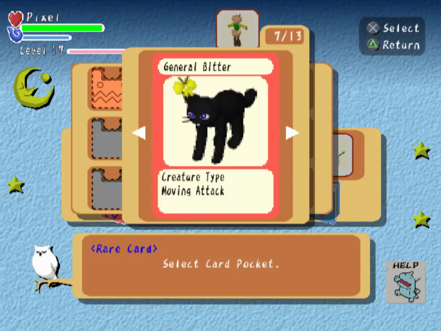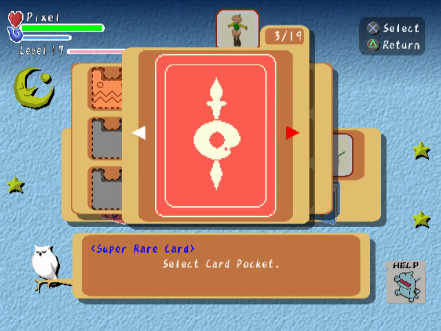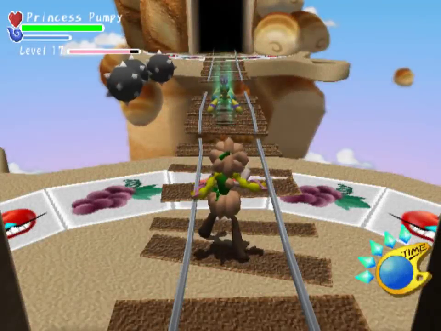So to get General Bitter. And I think the Dodo is the only super rare that we have. And that's all we have there. And that's all we can have right now. So that's fair. So let's actually get going. Let's see what we're actually...